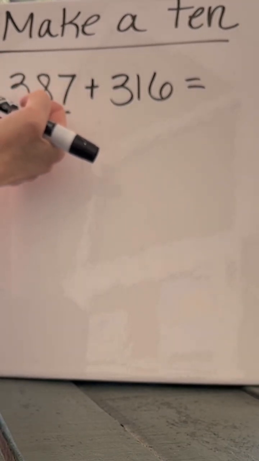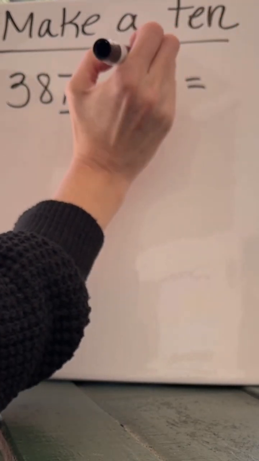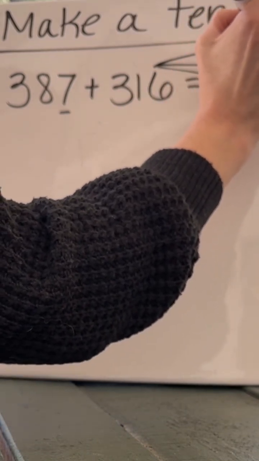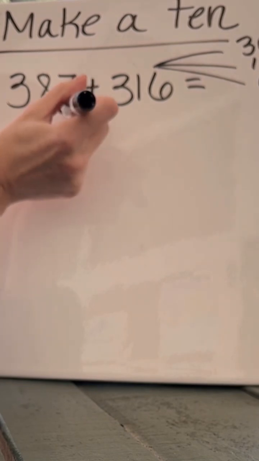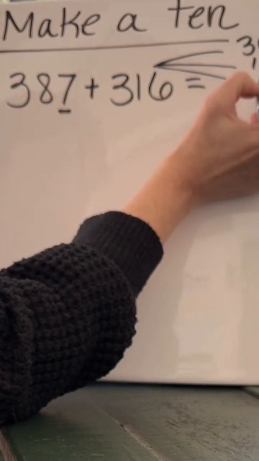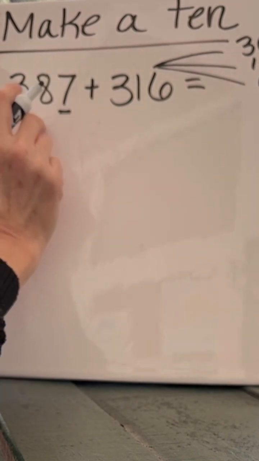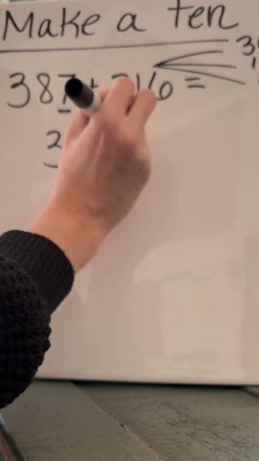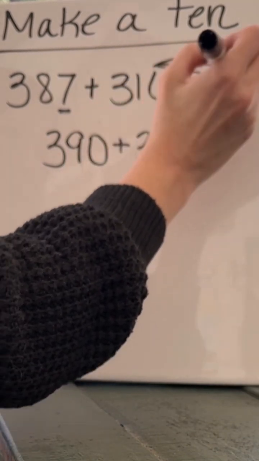So I know that I have to add 3 to this. When we were talking about number lines yesterday, I told the kids to break this up into the place value. So we know that's 300 and 10 and 6. But we only need to add 3 here. So if we take 3 from here, that leaves them with 3. We can add that 3 to here, which makes this a 390. Then we still just have to add our 300, our 10,